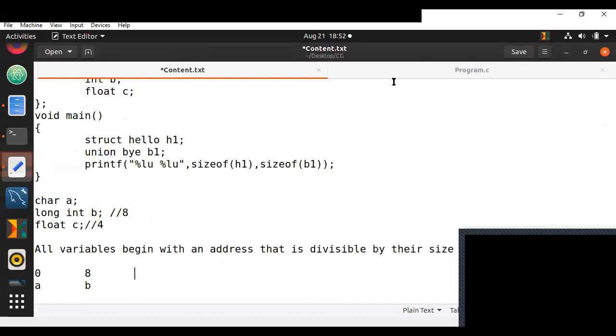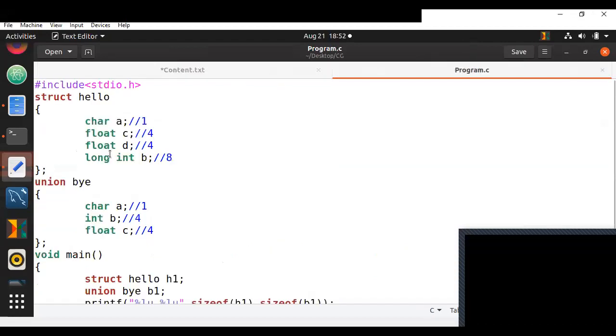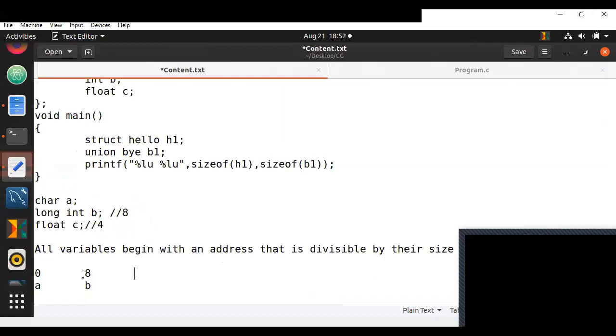To understand why I'm taking this example, I will explain that. But before that, observe this very clearly. 0 to 8, we can't be taking character 0 to 8 now. Character should be taken only 0 to 4, correct? I think, if I'm not wrong, character should only be taken 0 to 4.